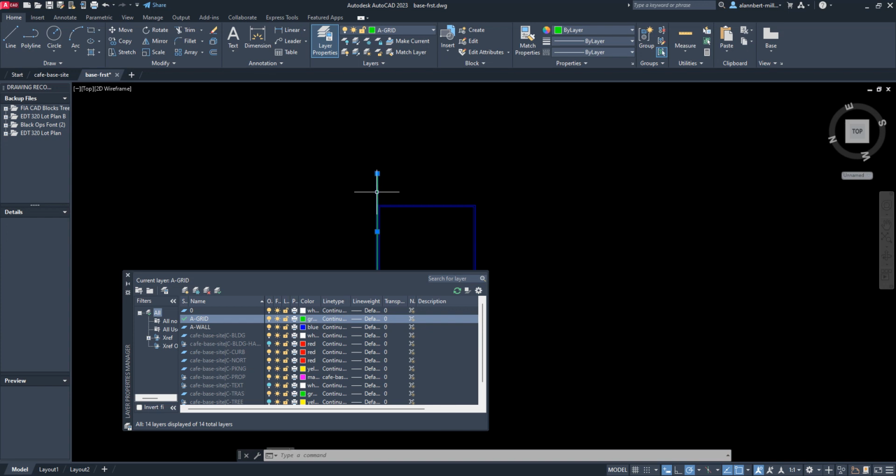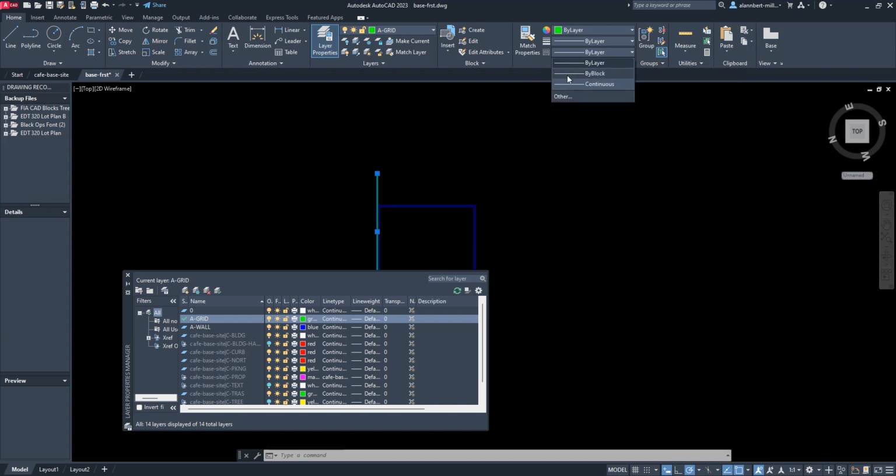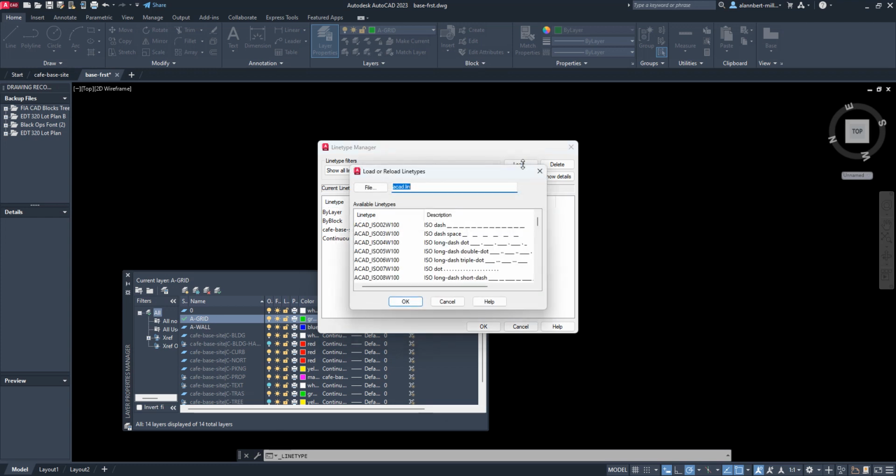So I'm going to select this. Okay, and then over here, I'm going to have line types. So I pull that down, I click Other, and I choose the appropriate line type. So every time you start AutoCAD, you only have one type of line type that's continuous. So we're going to load another one, and then we're going to select the appropriate line type for